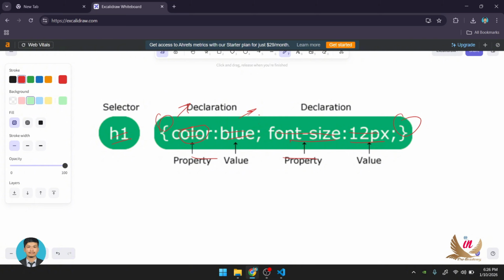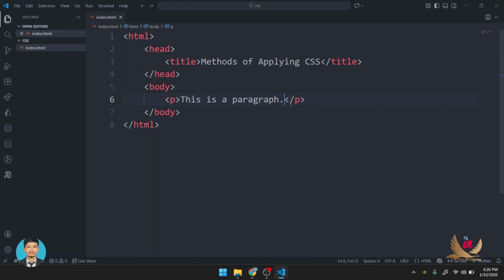Now, while you are writing the CSS property, then you have to put this semicolon between those two different properties. So this is the syntax which you must remember. And after you have known this syntax, it won't be very hard to write down the CSS inside our HTML or within our HTML tag. So first, let us learn the first way of writing the CSS. The first one is called as